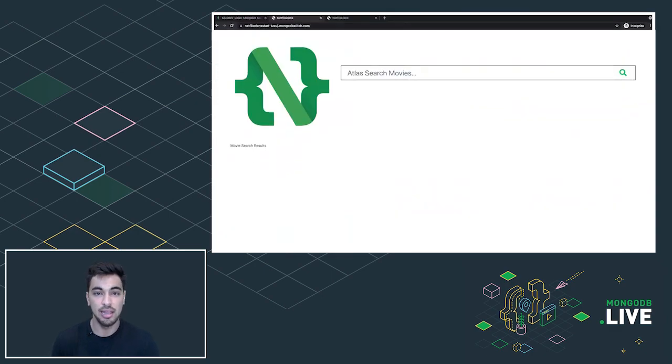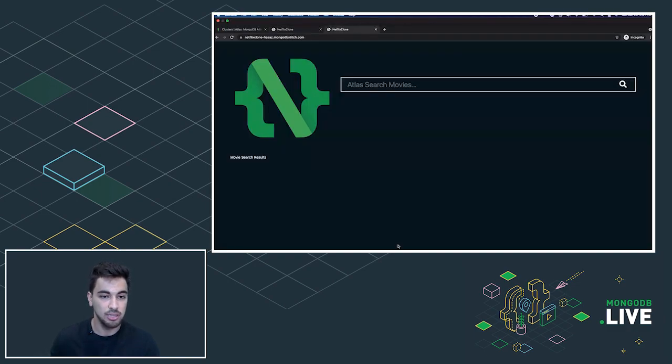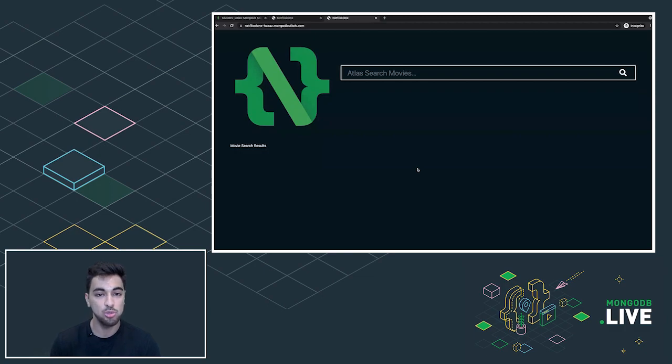this. It's going to be a Netflix clone skeleton that has no search capabilities. So if I were to type in a query, it doesn't do anything because there's no backend hooked up to it and there's no sample data that I can serve to the application, to something like this, which is going to be a full-fledged web application that has MongoDB Atlas Search running on top of a sample data set.